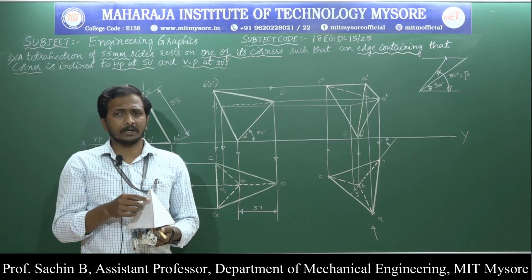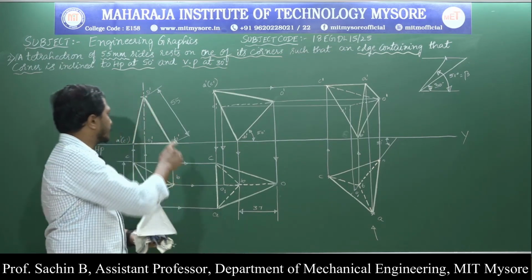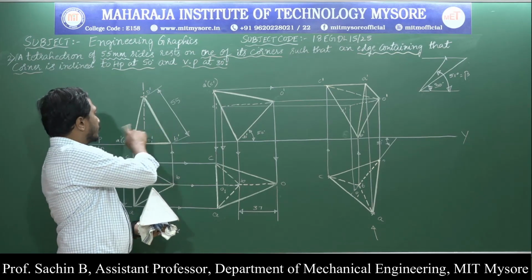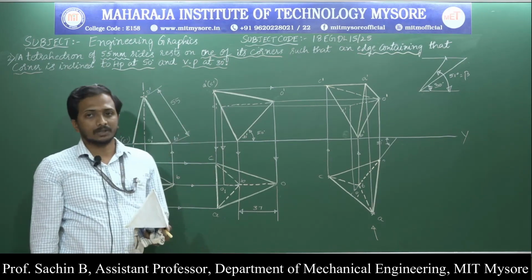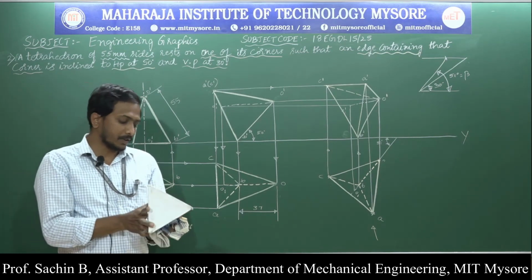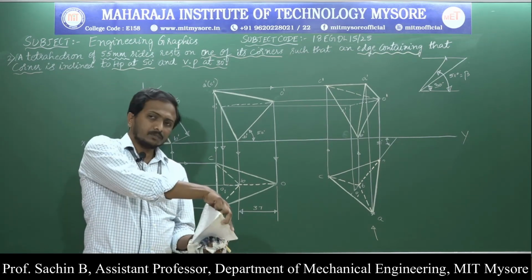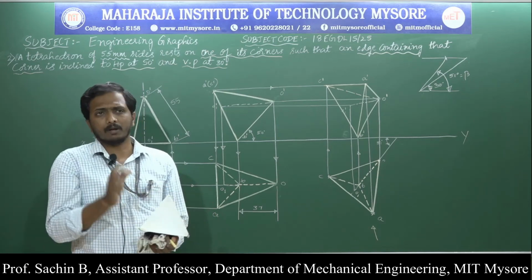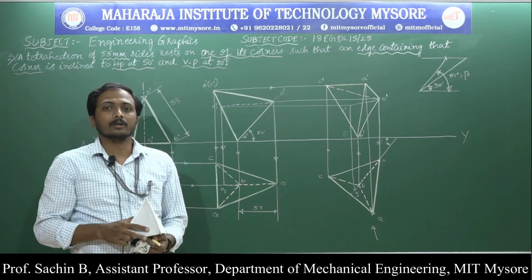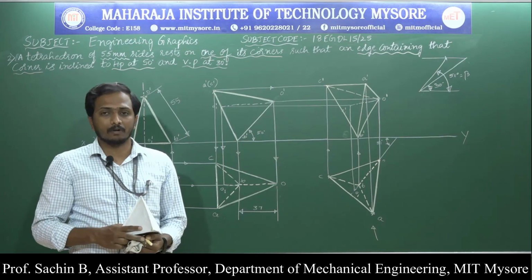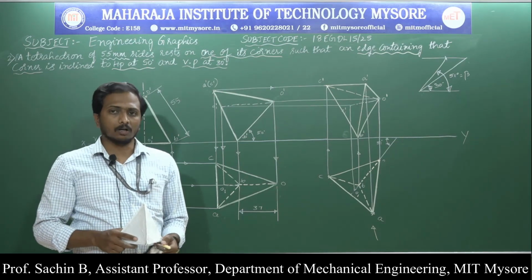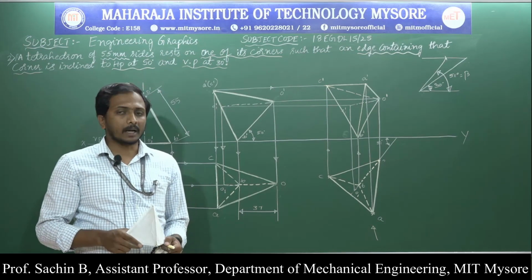There the generators are nothing but the slant edges. In a similar fashion, the object will appear. These are the generators. You should rest on one of its generators. That is, you just rest the object. Whatever problems we have done on slant edges and slant triangular faces, the problem will remain the same for the cone. This is all about the tetrahedron problem.